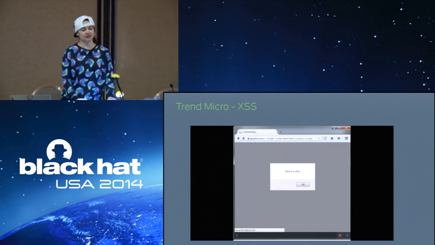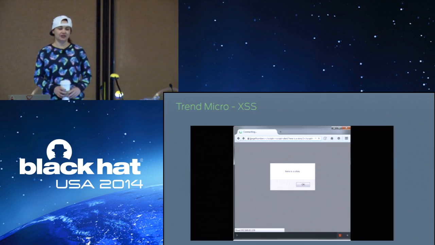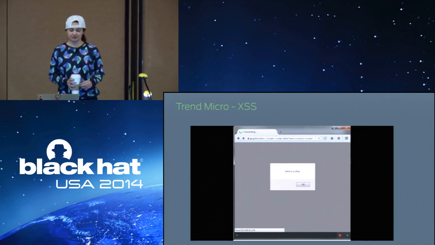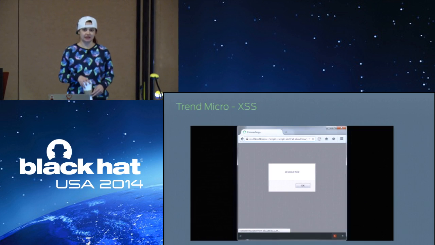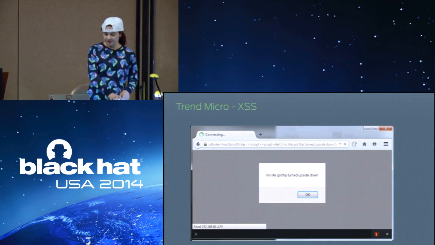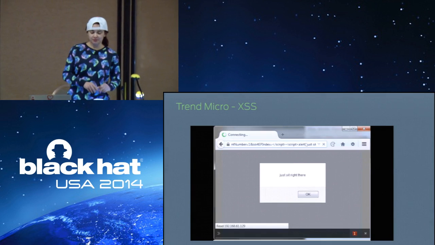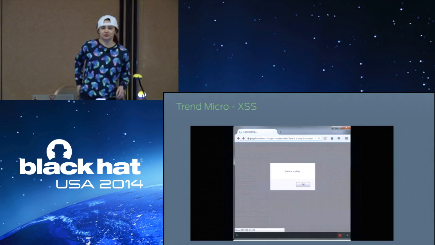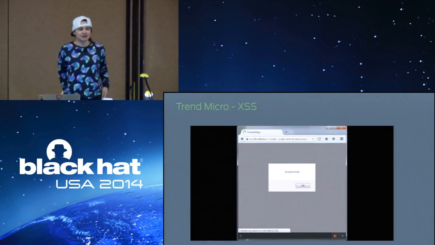obviously, cross-site scripting isn't an impressive bug. It's something that if I was really patient, I could probably teach my mother how to find. So at first I was like, oh man, this is lame. Nobody gives a crap if there's cross-site scripting in this, but it's such a basic bug. Why didn't